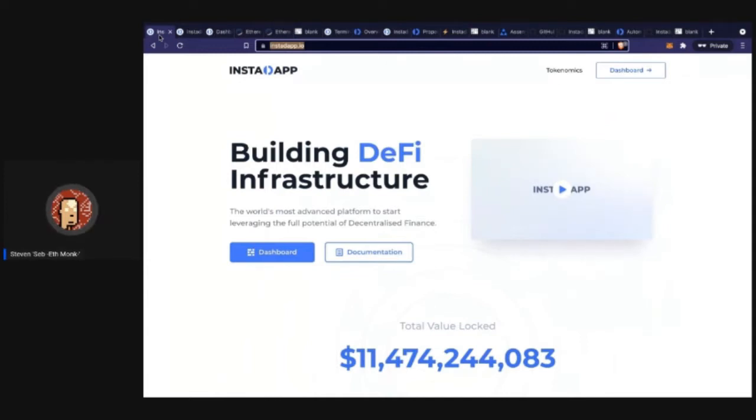Later on that year, DAI was single collateral. DAI at the time was only backed by Ethereum. Then they moved to multi-collateral DAI, which we call it today, where you can generate DAI from multiple assets like USDC, BTC, WiFi, and so on and so forth.